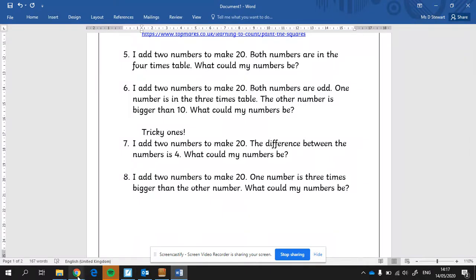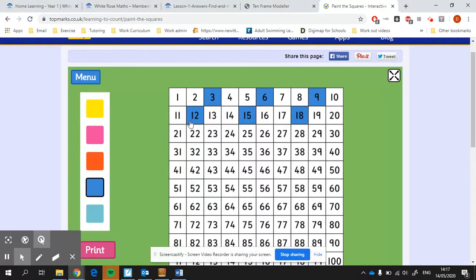So let's get rid of all the even numbers on here because we know both of them are going to be odd. So we could have 3. If you know 3 and 7 makes 20, you know 3 and 17 makes 20. 9 and 11 make 20. I don't think it can be 15